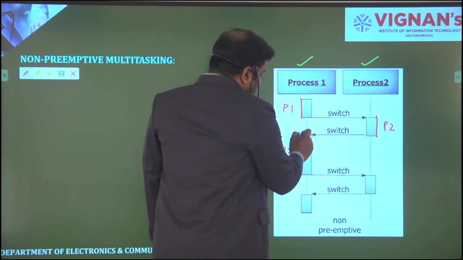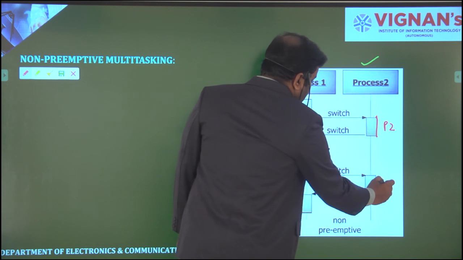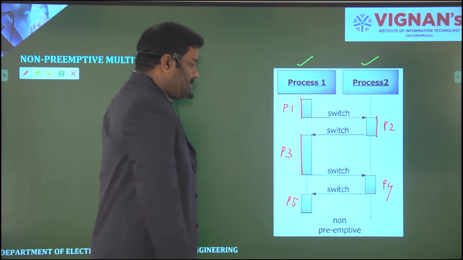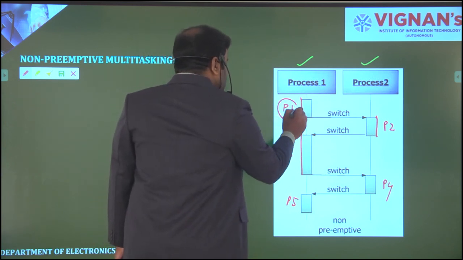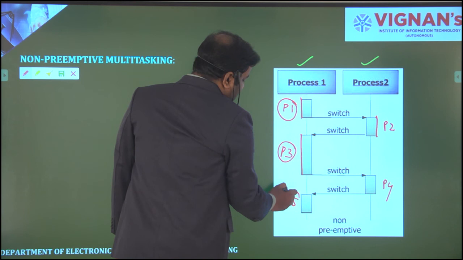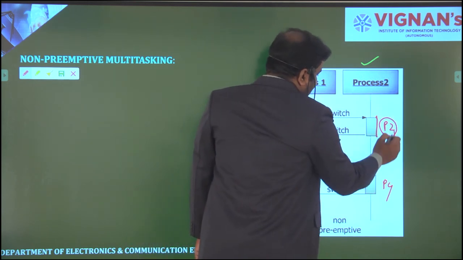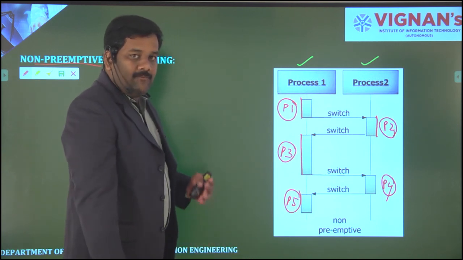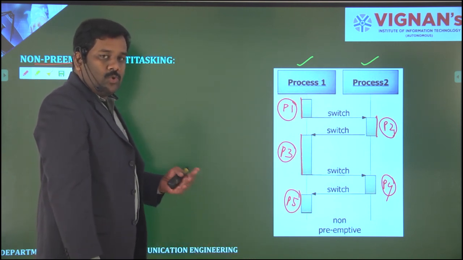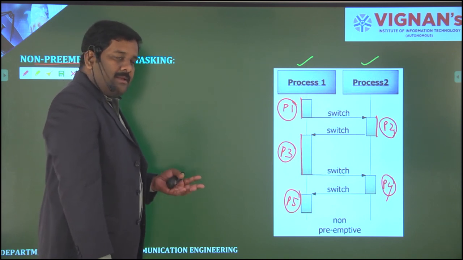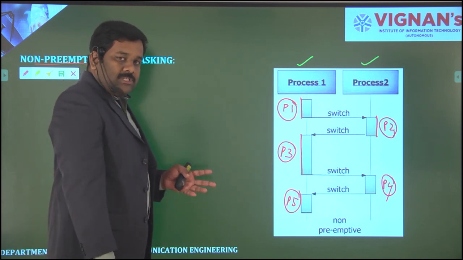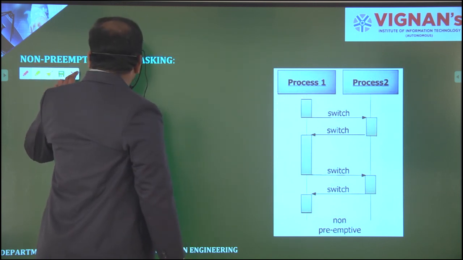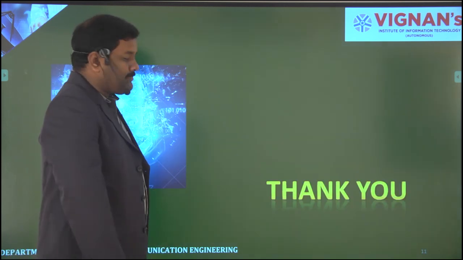Again, once P3 execution is completed only, it will reach P4 and then P5. It means the execution duration of each and every process is fixed. That's exactly how it gets its name, non-preemptive multitasking. It won't accept any process having to go back, and it has no right to allow any other process to execute in that particular time slot. Time slots and execution times are fixed. Thank you.